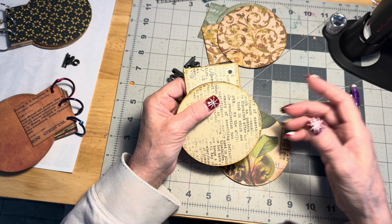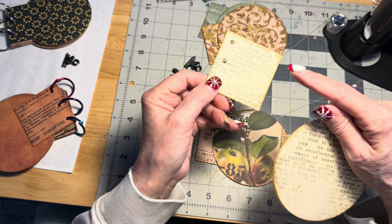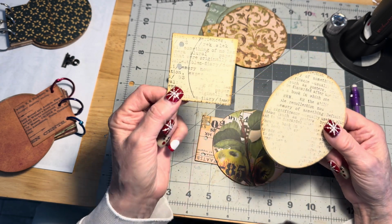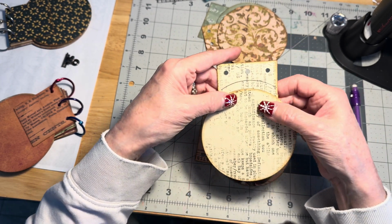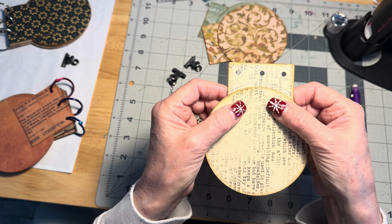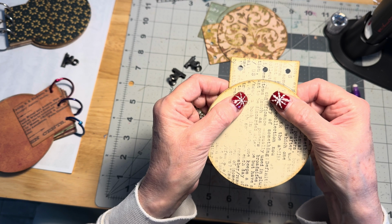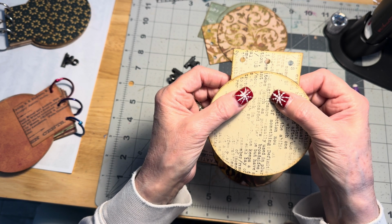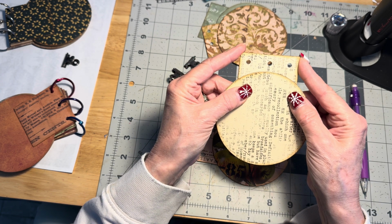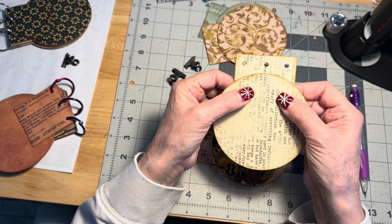Okay, guys, I came back just because I wanted to show you. I felt bad not showing you how to measure these up. You can see I've already made my little semicircle here to line my circle up with the tab. And what I'm doing now, and I'm going to show you, is because I want at least the front of my page to line up correctly, I'm just lining my words up so that even though they don't make sense together, they are at least going in the same direction. And I can tell that I'm off by a little,